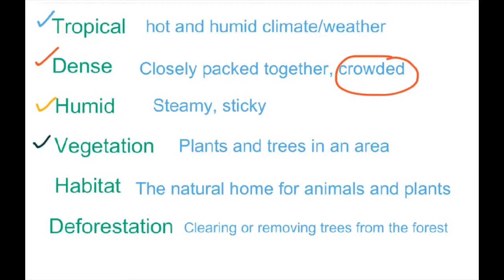The next word is vegetation, and you've heard me use that a few times already. And that's plants and trees in an area. The next word, you guys should know for sure, habitat. That's the natural home for animals and plants. And then this last word is